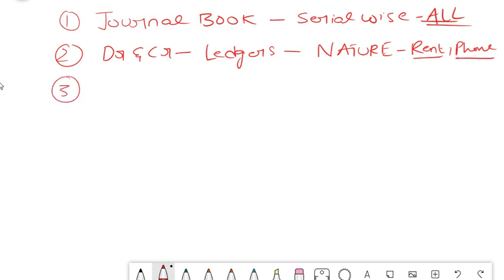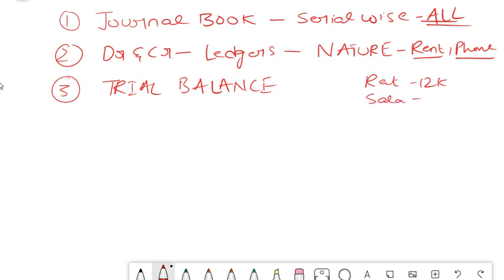So what happens is all the ledger balances then flow into a consolidated statement of account called the trial balance. All your ledger balances will have a total, isn't it? For rent, there will be a total of 12,000 per annum, assuming 12k per annum. For salaries, there will be 1 lakh per annum. These are all the ledger balances. That means whatever ledgers I have told you, we have to take the total of the ledger balances and it will flow into your trial balance.